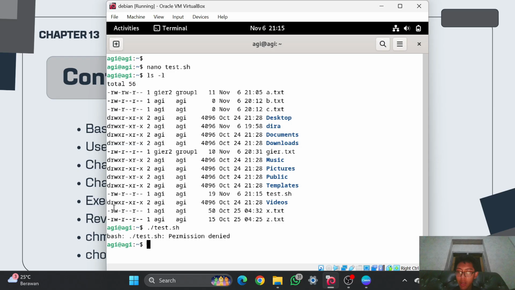And as you can see, there is only read and write. I will add a permission to run this file. First, I have to go into the root again.